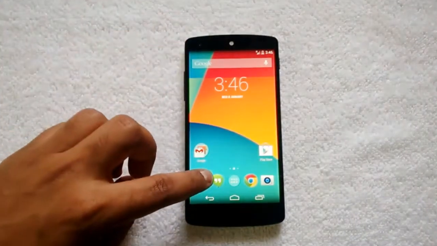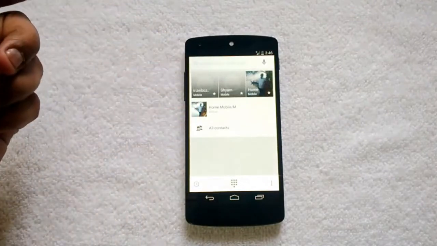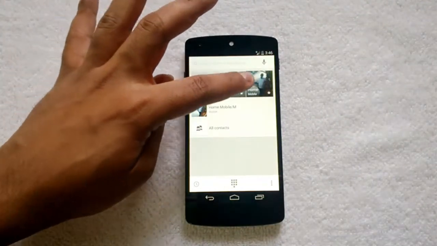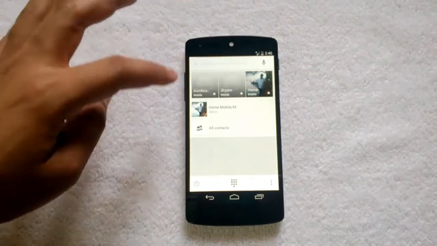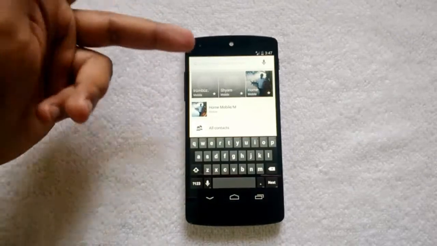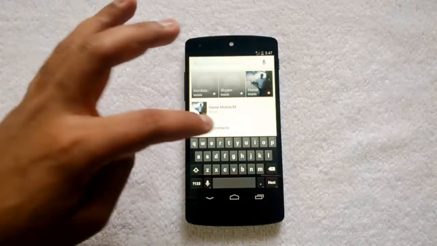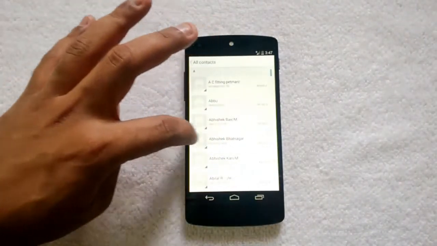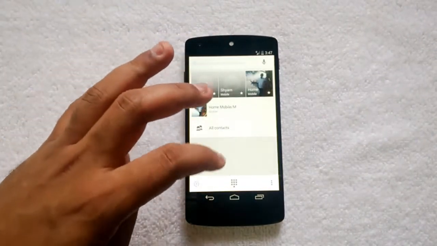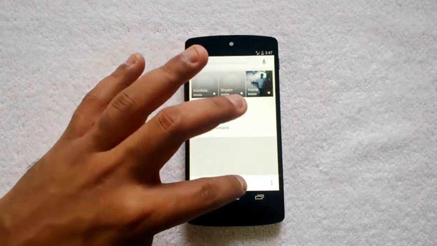Now another change is to the dialer. You can see that the dialer has completely gone in for a change. You can see favorite contacts available at the top, then recently dialed ones, and then the option for contacts. You can also search contacts directly from here, using voice recognition as well. If you click all contacts, you can search contacts from here and then directly dial them. Apart from that, the dialer is placed centrally here.